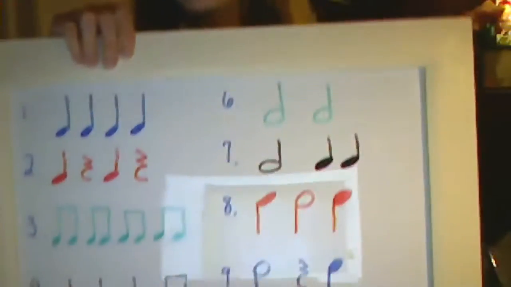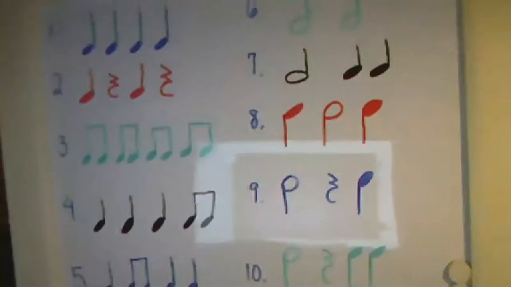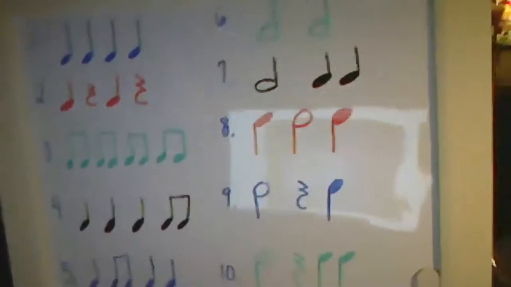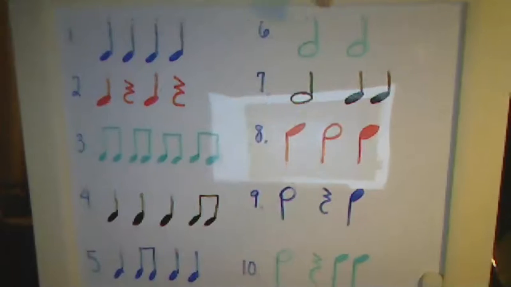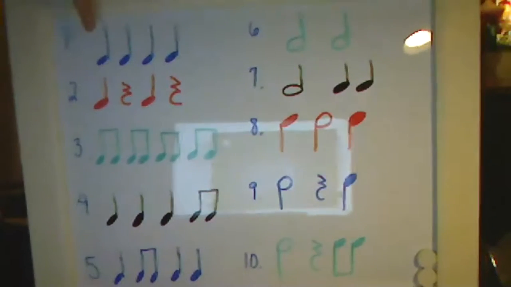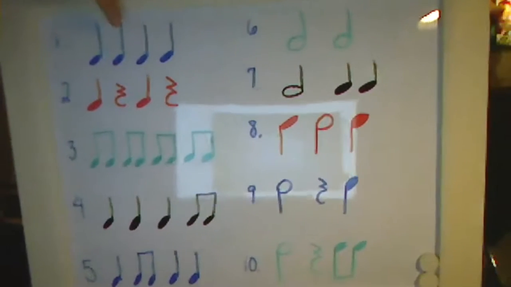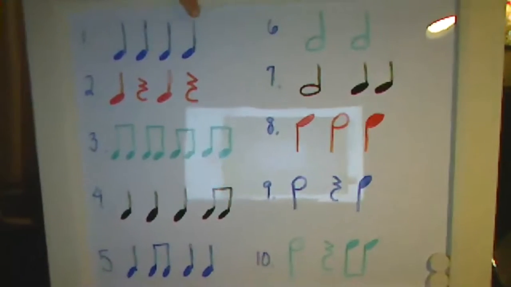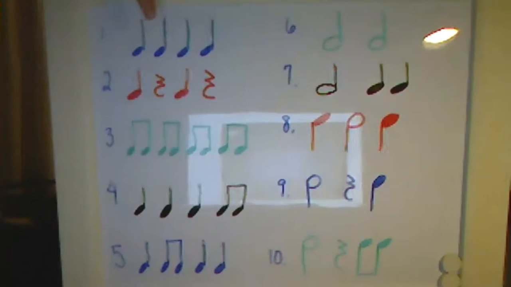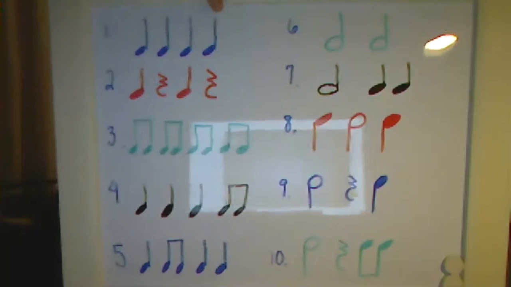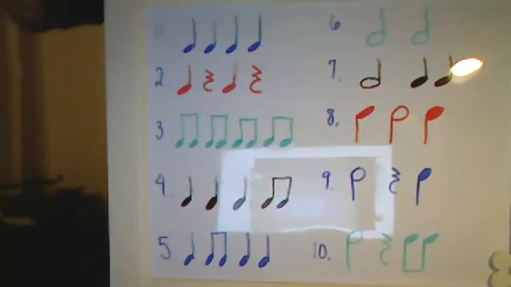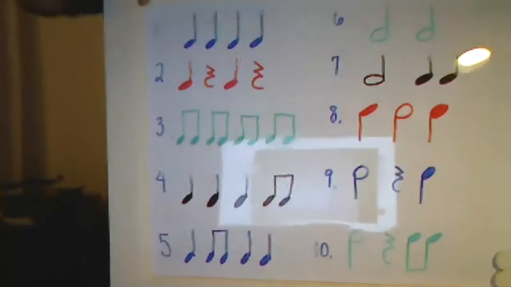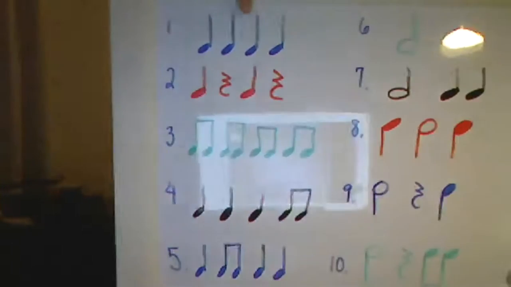So remember that the beat is the steady pulse, and the rhythm is the varying lengths of notes that we have on top of the pulse. So here we have 4 even tas. If we have our steady beat, so 1, 2, that's our beat, 3, 4, we have ta, ta, ta,